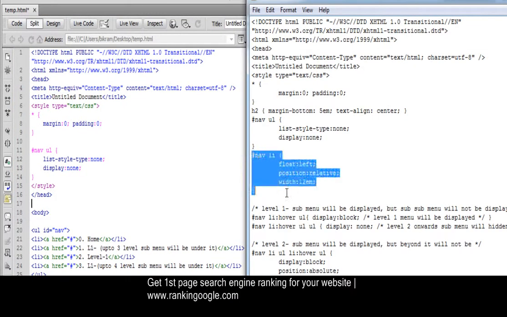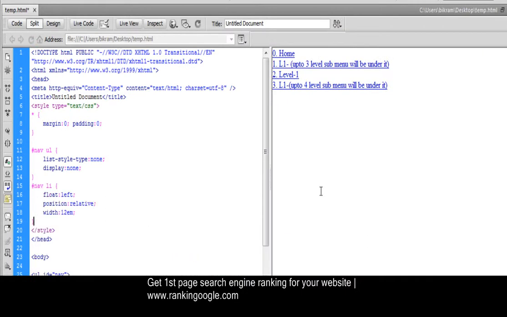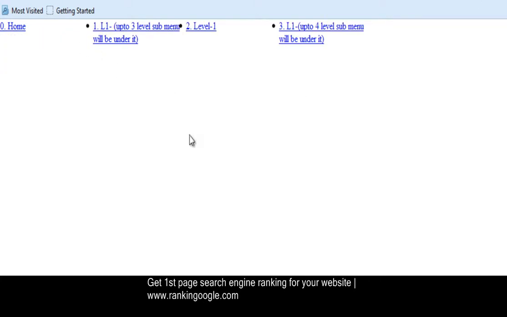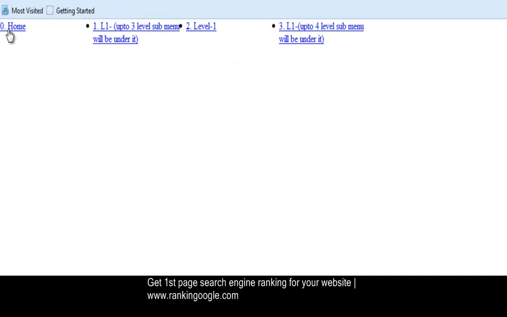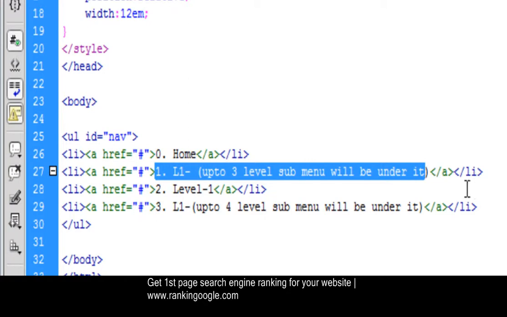I have everything here, just copy and pasting. Now clicking here, just check how it looks. Okay, it does not look properly. I am going to the browser and refreshing it. So just check it. This is the first menu, this is the second menu in the top level, third menu, fourth menu. Okay, 0 is the first. This is the whole menu text in this line. This is two lined because the text is long. I have written the text here. This is the whole line, so this wrapped because of the width.